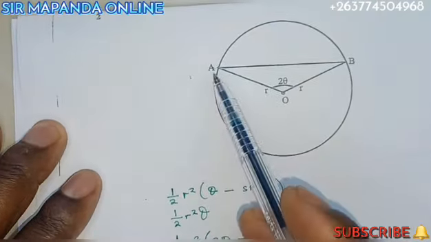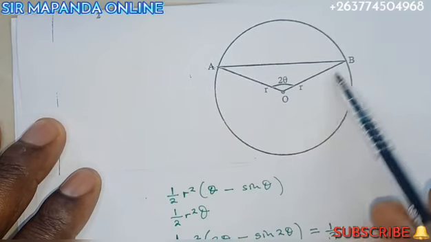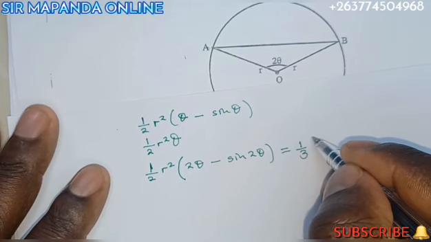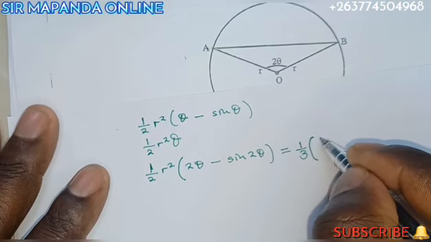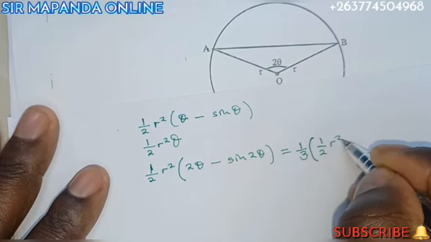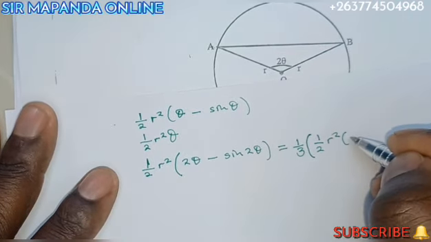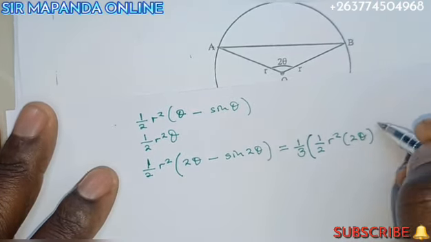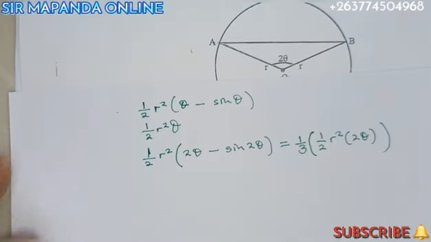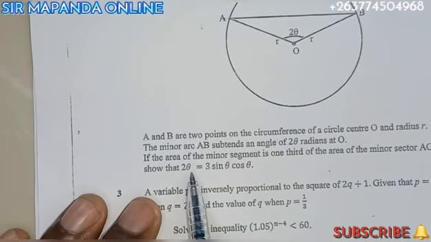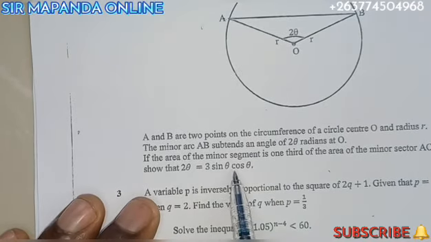So the minor sector, they are referring to AOB, this sector, right? Which is 1/3 open bracket half r squared. Remember, the formula is half r squared theta, but on theta, I'm going to put 2 theta, something like this. So we are going to work it out till we reach a stage where 2 theta is equals to 3